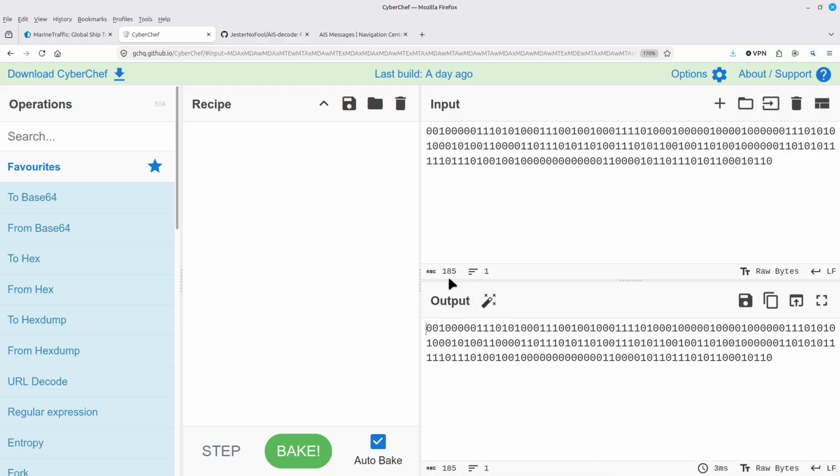I'm left with 185 bits. This is a combination of data, CRC, and something called bit stuffing. How do you know if bit stuffing occurred? And first off, what is bit stuffing? Bit stuffing refers to the fact that in the data, you might have a 0 followed by 6 ones followed by a 0, which would screw up the system because it would recognize that to be either a start flag or an end flag.